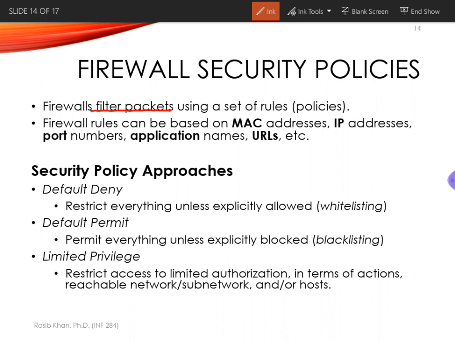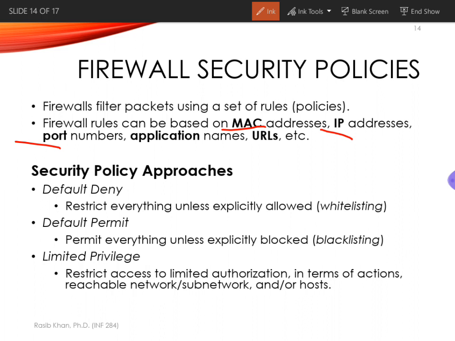These rules, we call them policies, and they could be based on MAC addresses, which is a layer 2 address. They could be based on IP addresses, which is a layer 3 address, or it could even be based on port numbers, which is a layer 4 transport layer